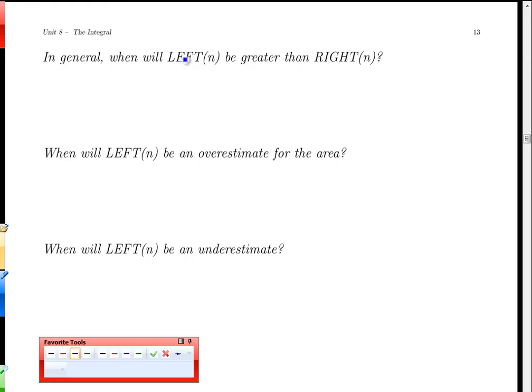When will the left approximation of the area be greater than the right? Well, we just saw an example of that. Whenever the function's going up, if we pick an interval and we use the left-hand endpoint, then we're going to get a short rectangle there. But if we use the right-hand endpoint, we're going to get a taller rectangle. So whenever f of x is increasing,